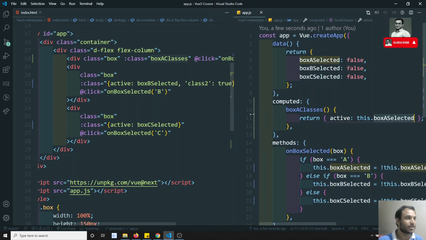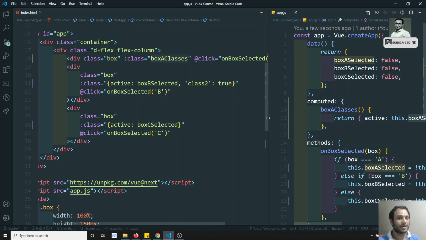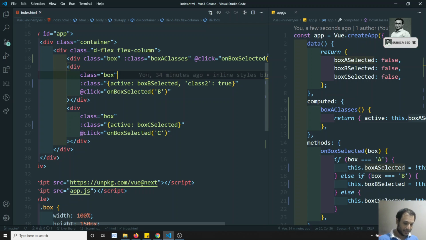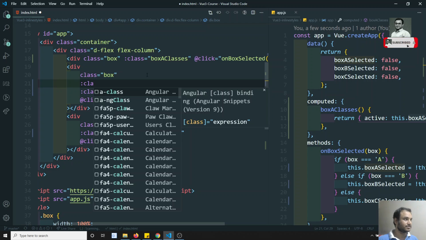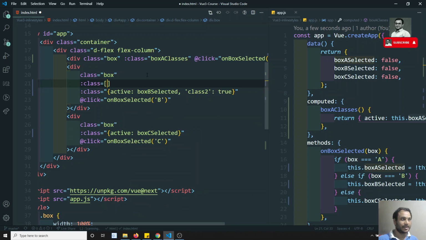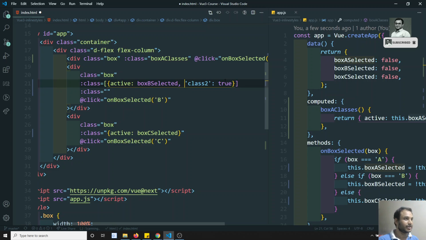And another thing I want to explain is another type of notation, that is the array syntax notation. We can represent the array notation here in the classes. So we can write it as an object notation, or otherwise as a string, which we have shown you. And also I can write in the array syntax notation. Here I can apply class equal to, as an array, and I can take this complete object and write it here. We can remove this one.